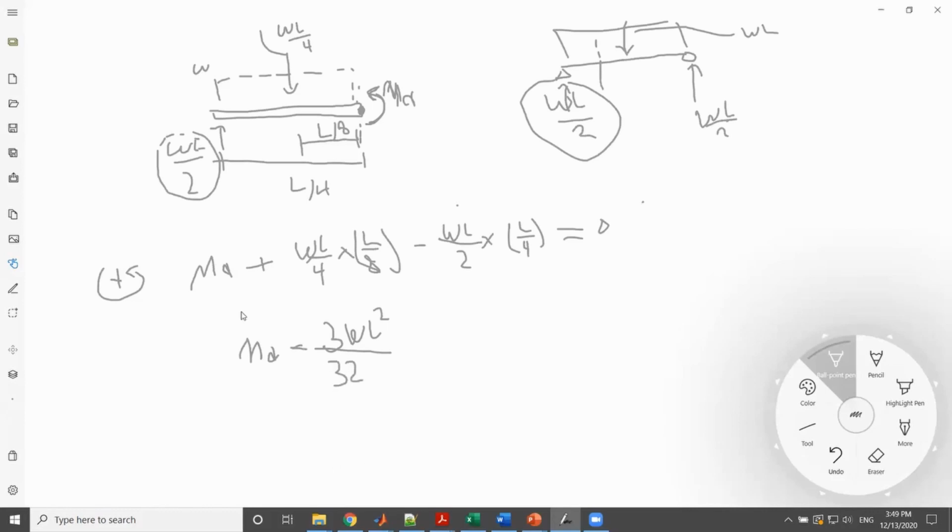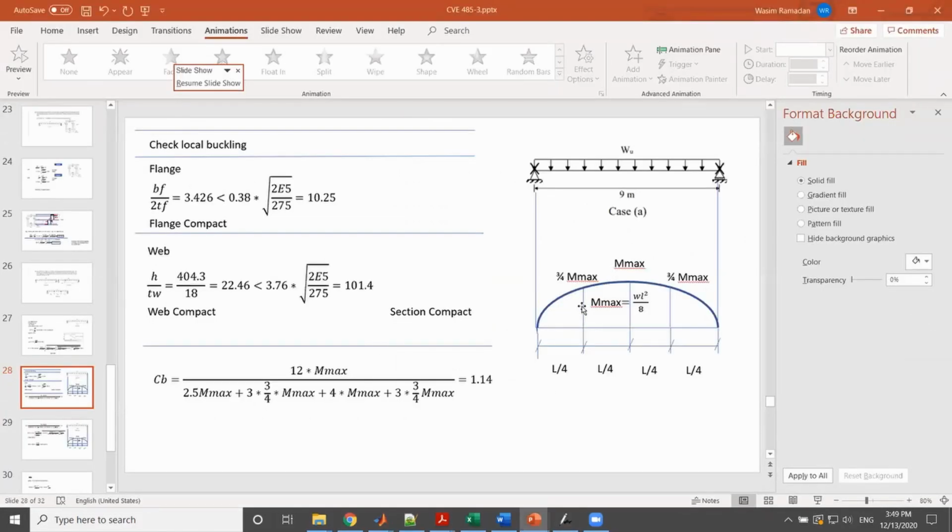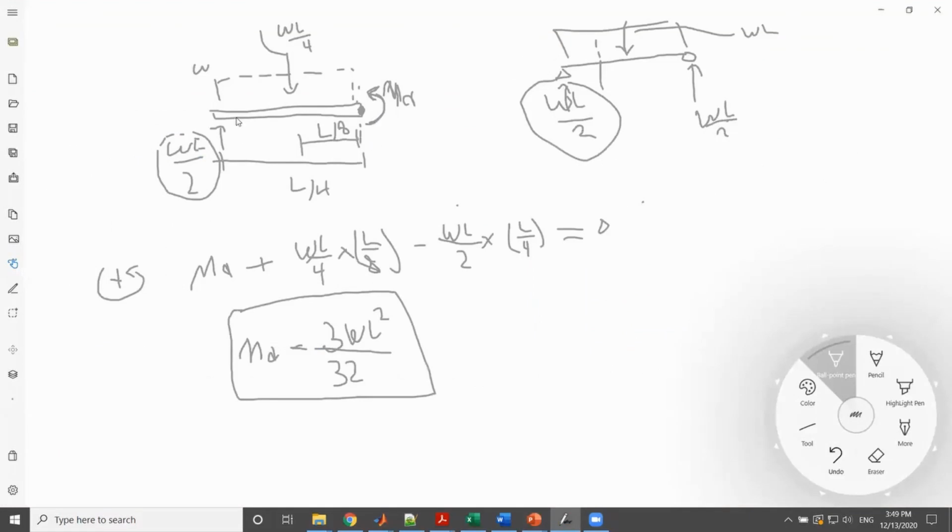All right, so as you can see here, I have MA in terms of WL squared. But in my problem, I take it as a ratio of M max. So M max, if you do the same thing for the half of the span, would be equal to WL squared